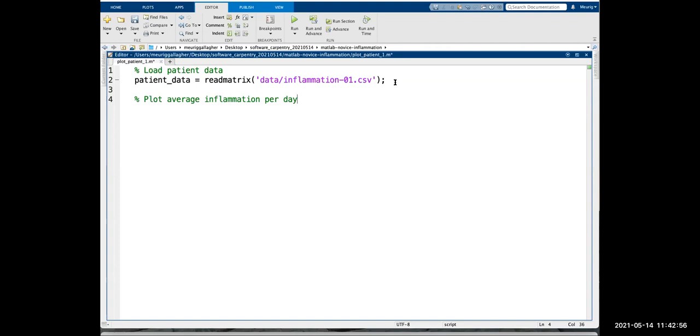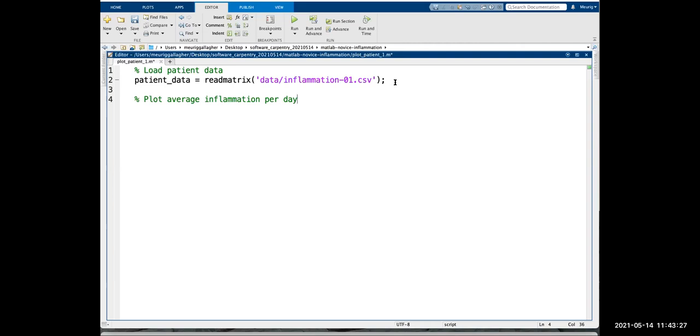So generally you want to put in as many comments as you like. You don't want a comment for every single line, that would get a bit excessive. But you probably want more comments than you necessarily feel that you need at the time that you're writing. So we're plotting the average information per day. We know that we're doing this right now, but when we come back to it in a week and two weeks and a year's time, we're going to have completely forgotten about this file. So we want to be able to understand what's going on.